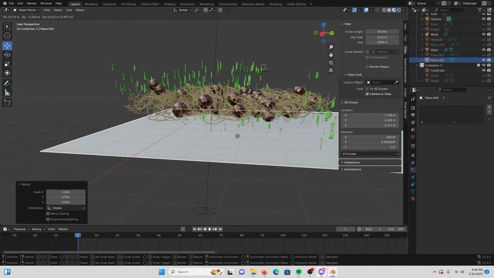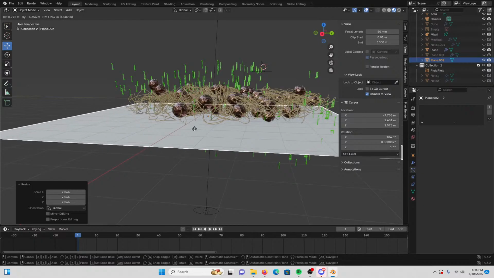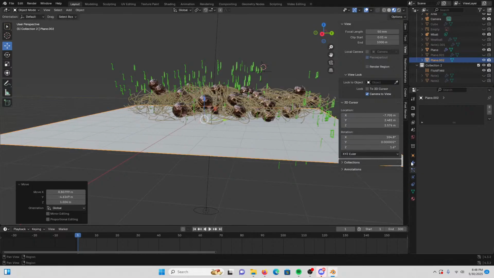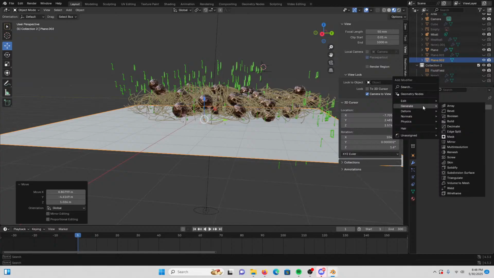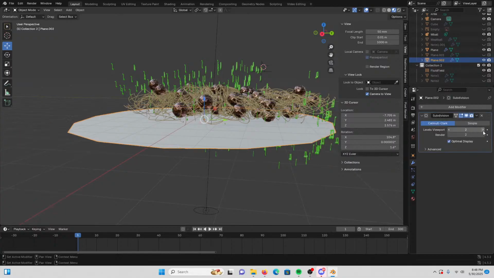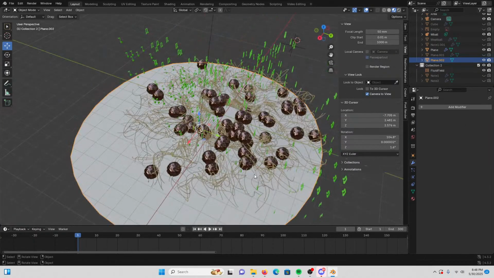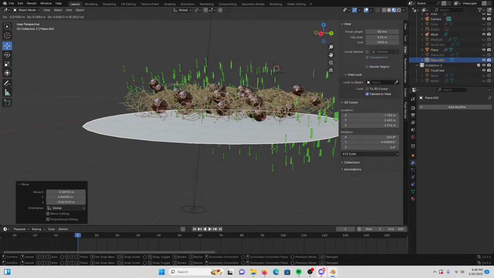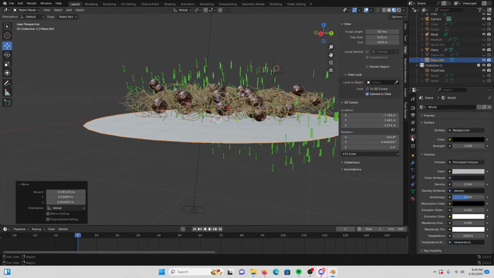One more time. Okay, so we scale in this. Right. We're gonna do the subdivision stuff again. Subdivision surface 1, 2, 3, you know what I'm trying to do. So then we're gonna do it under. And then